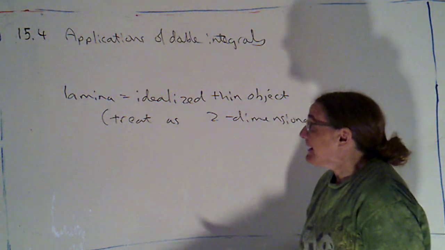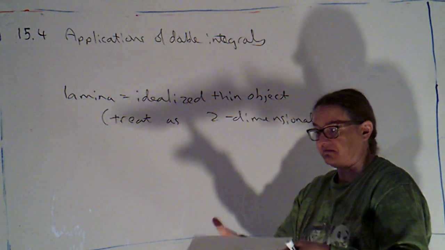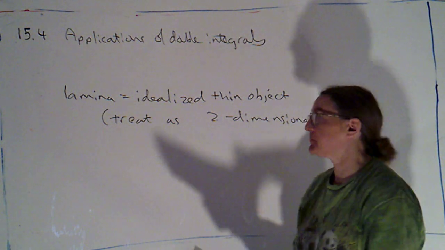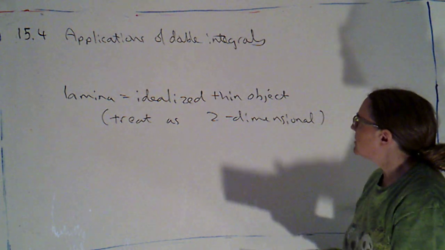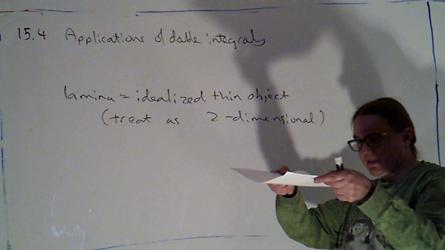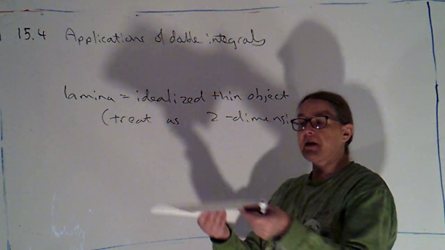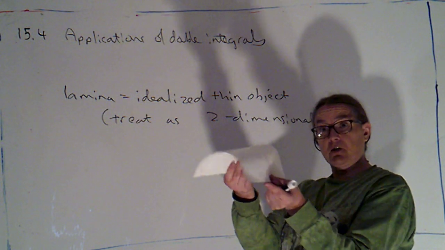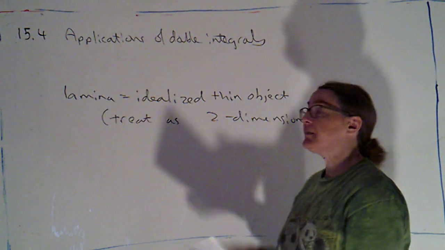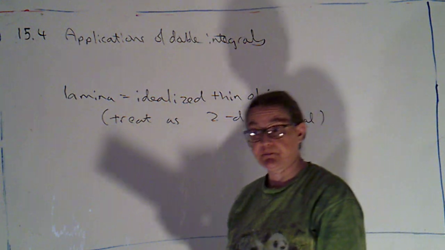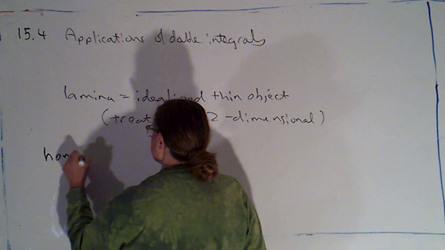I can't actually bring in a real lamina because if it had absolutely no thickness to it, I wouldn't be able to touch it or pick it up or carry it, okay? So it's sort of a mathematical abstraction, but we can use that idea to treat something that's very, very thin as if it's two-dimensional. Eventually we'll be able to work with curved surfaces, so curved laminas. For this section, all of our laminas are going to be flat, so they're just going to be subsets of the xy plane. Okay. Now, if I have a homogeneous lamina,